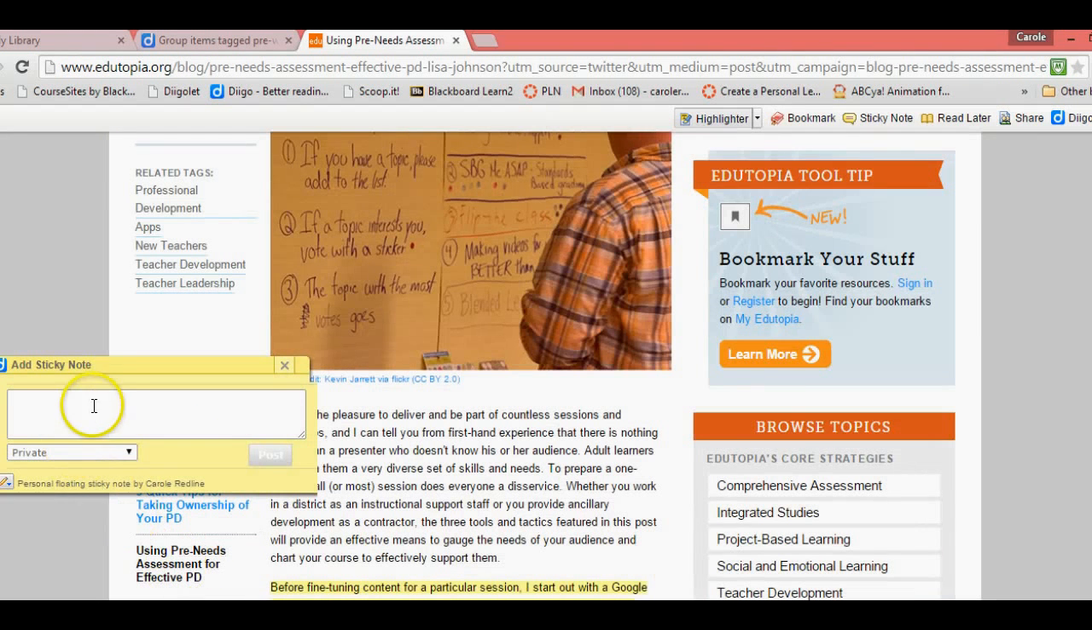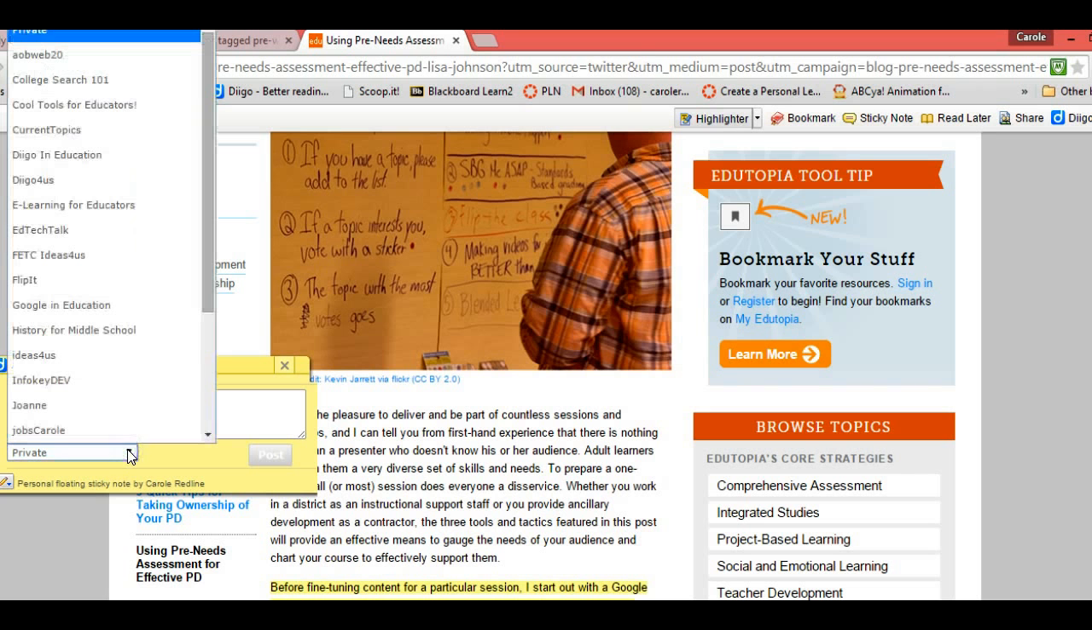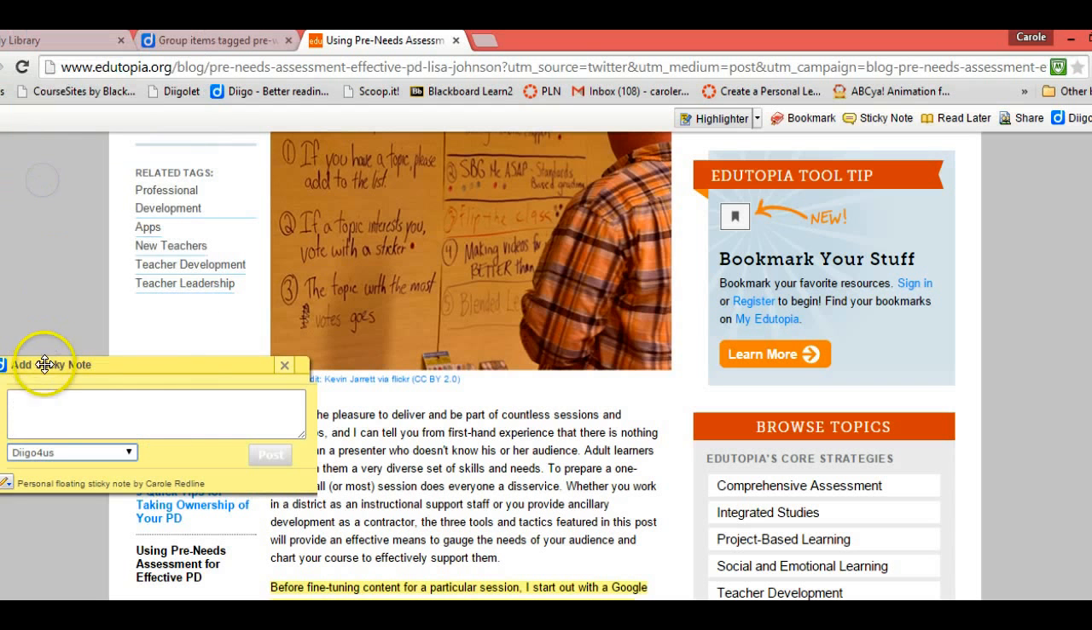Here it is. And you see that this is a sticky note and it's written as private. I might want to share it with a group that I belong to, and that would be the Diigo for Us group. So you'll see it when you go to that group. But anyway, I might say, in